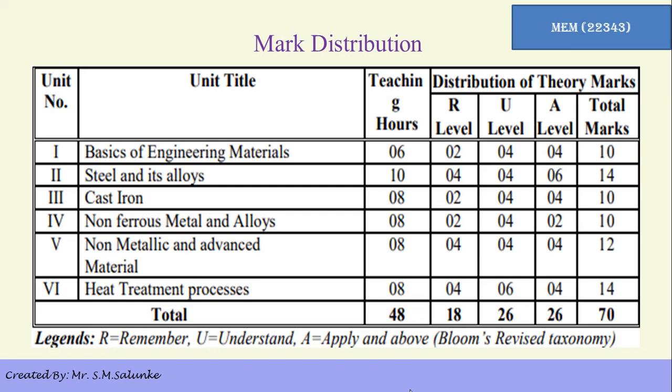So for unit 1, the maximum number of questions will carry 10 marks. Similarly, for unit 2, the maximum will be 14 marks, out of which 4 are for remember or easy type, 4 for moderate or understand type, and the remaining 6 are for apply or difficult type. You can go through the remaining units and learn which unit you should prefer. We'll go through that with each and every unit, and which topics you should focus on. Right now it just gives you an outlook on how to go forward with your preparation for this subject.